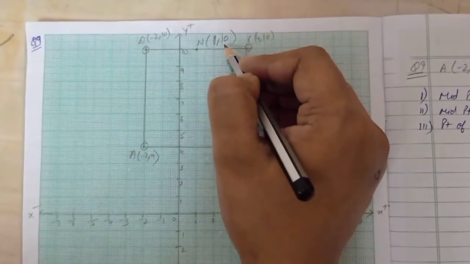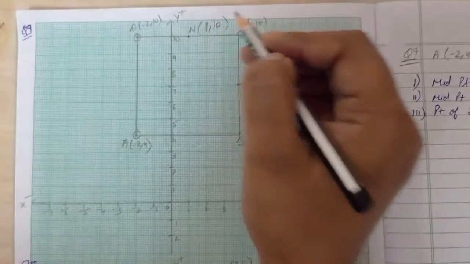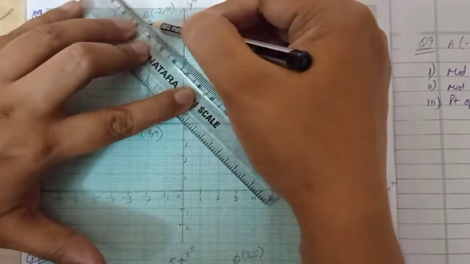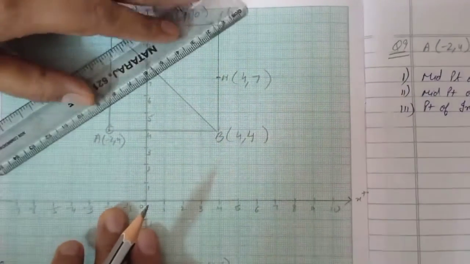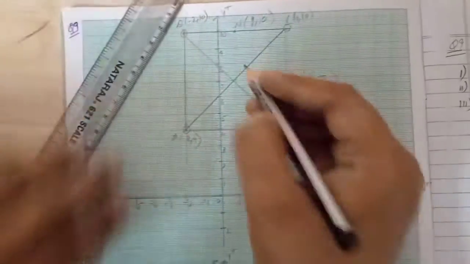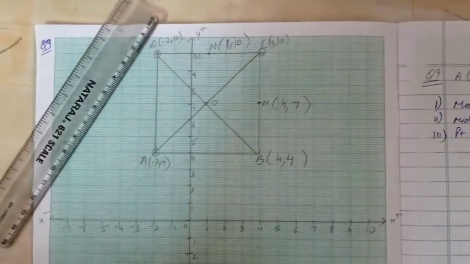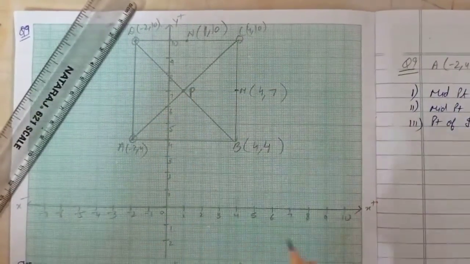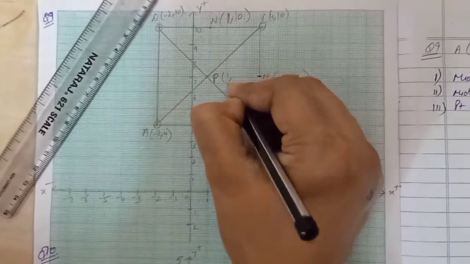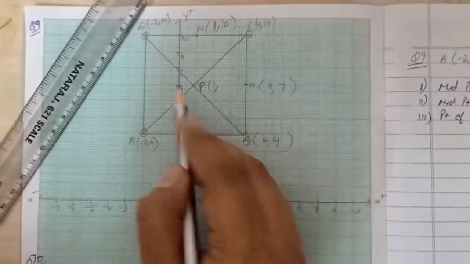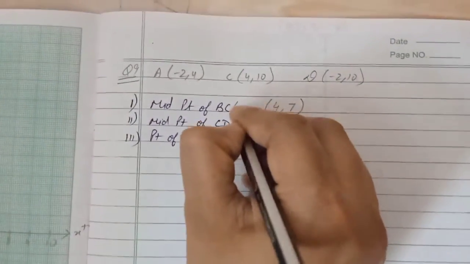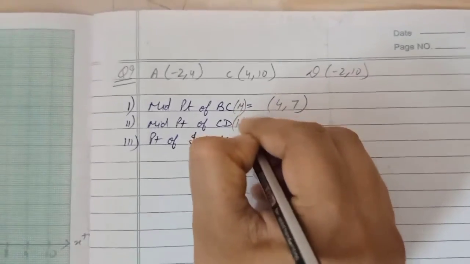Then in the third part, the coordinates of the point of intersection of the diagonals. You have to draw diagonals because we are asked to find the point of intersection of the diagonals. So you know that diagonals are the lines joining the opposite vertices. So this is a diagonal. You can name the point as P also. So the coordinates of P will be what? X is 1 of this. Clear? And y is 7. So look here children. Midpoint of BC we took as M. Midpoint of CD we took as N.